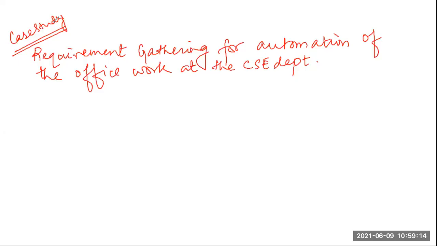So in order to make this software, the first phase is requirements gathering. A member of the team was responsible for requirement analysis and specification, and was briefed by the HOD about the specific activities that needed to be automated. The HOD will tell what activities need to be automated, and a member of the development team will gather all the information. He will perform this requirement gathering task. He will do the job of a system analyst.